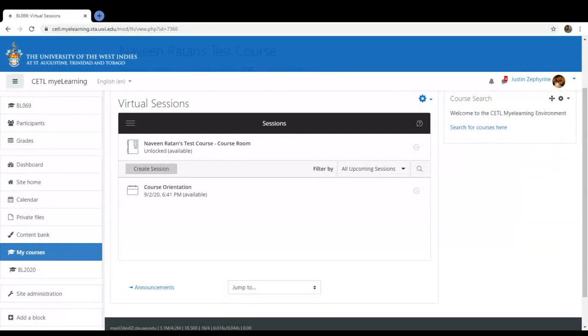When you see it now, you would notice two things. Normally, when it's a session that has yet to occur, let's say you pre-schedule your session and it's supposed to start next week, and you create it from now, it will be grayed out. The student might log in and see it there, and even know in advance that they have a session next week Thursday, but they wouldn't be able to join that room.